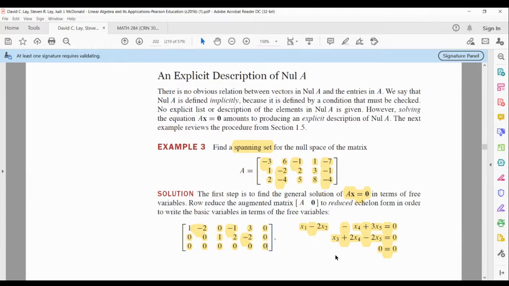in order to find the spanning set for the null space of matrix A, we need to talk about the solution of the matrix equation AX equals 0. Based on what you see here on the bottom right, 2 equations, 5 variables, and the 2 equations are not the same. How many